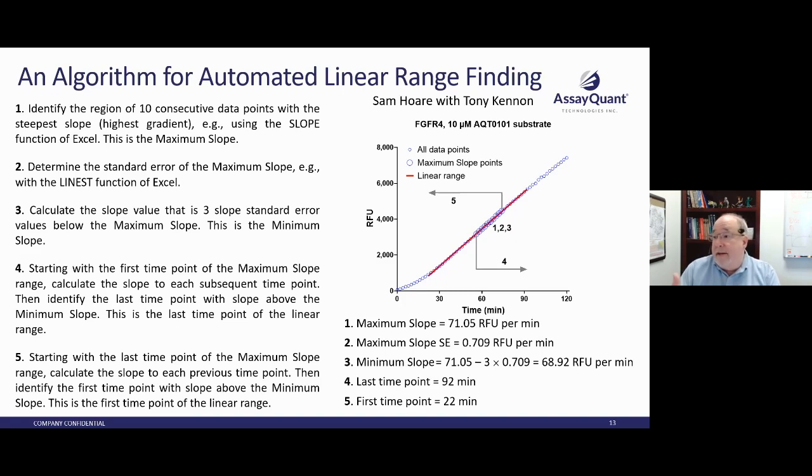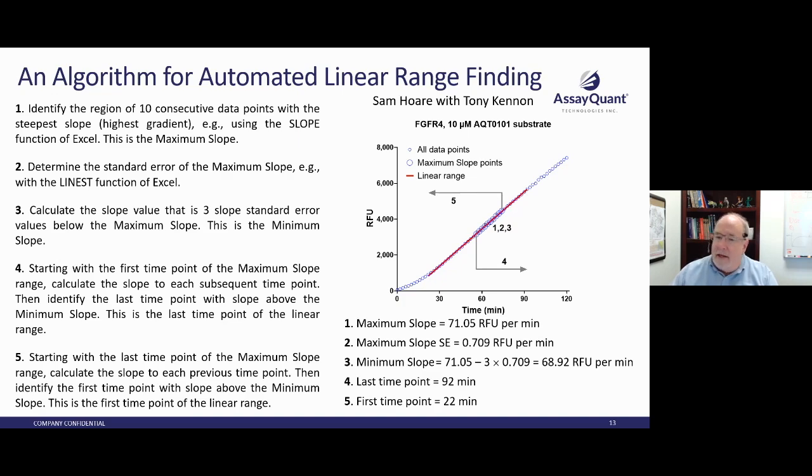That's the maximum slope. You find out the error in that slope, and then you find three times that error, the 3 sigma, and you determine that as well. Then you start at that linear portion that had the maximum slope, and you start creeping up the line from there until the error in your slope goes beyond that 3 sigma point that you found. So when it's starting to deviate significantly from linear, then you found the top point of your linear range,